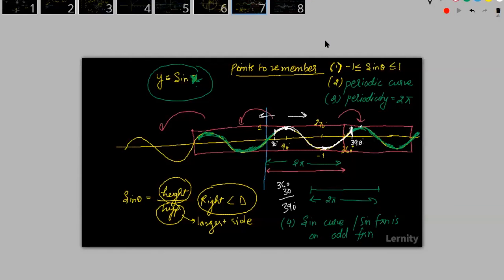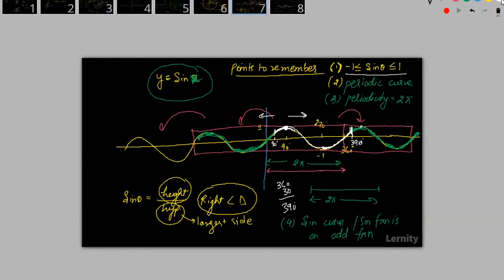Okay, see. So what is happening? Are you able to understand how we are getting this curve? Using that circle, we are getting different values of sine theta. We are drawing on the x and y axis. Now we'll see different points to remember. The first point is the range of sine theta. What are the maximum and minimum values? Here the maximum value is 1 and the minimum value is -1. Sine theta cannot go above 1 or below -1.